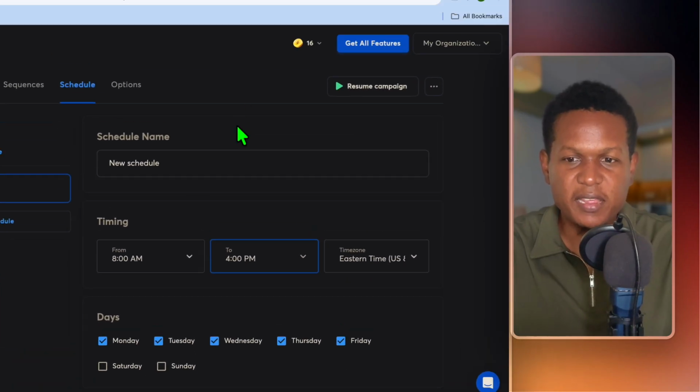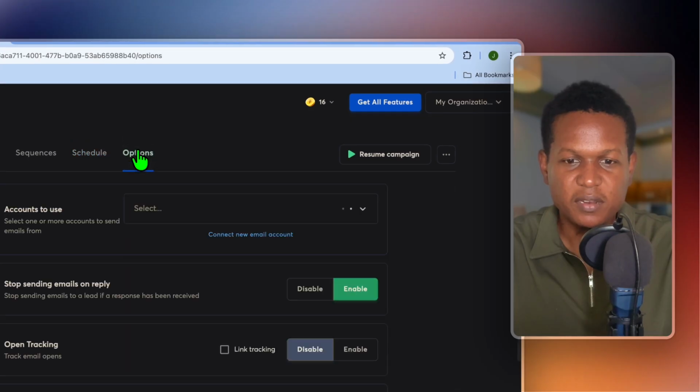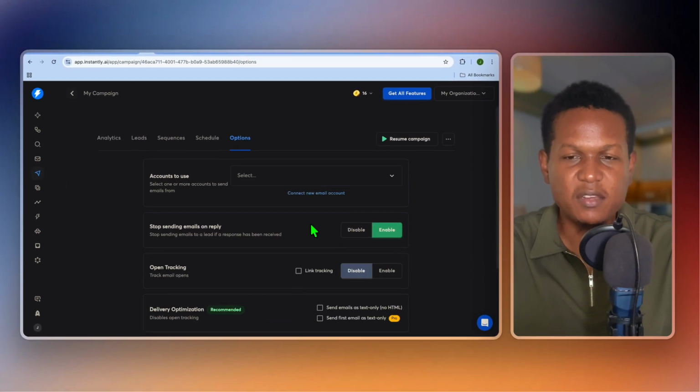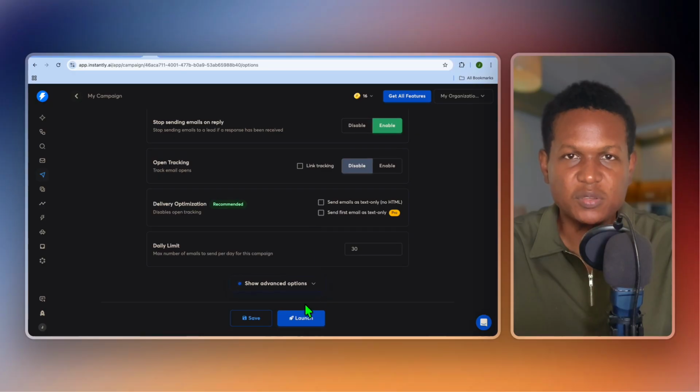Once everything is to your liking, you can tap on options right here, and you can explore the different options that they offer. After doing that, you're just going to tap on launch, and you will be able to start your email outreach campaign. Another standout feature when it comes to Instantly AI that I have to mention is